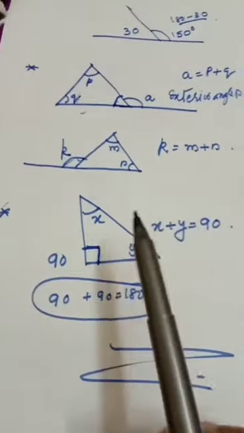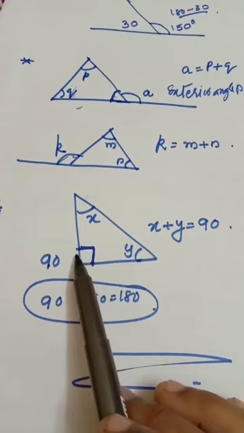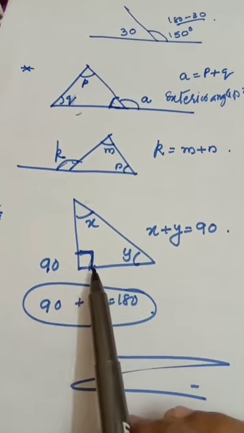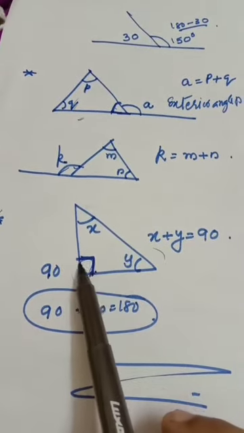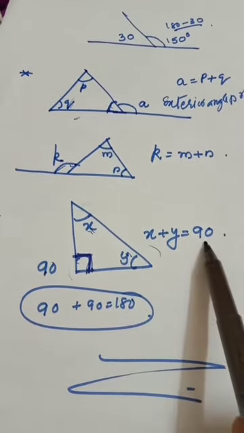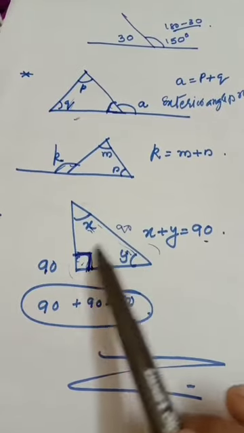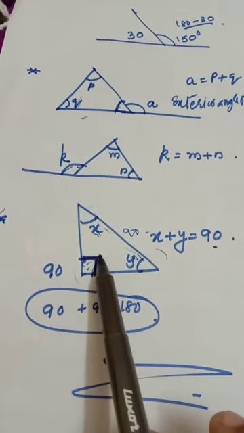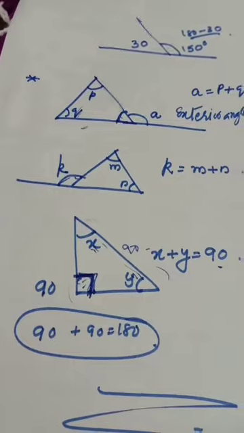Okay. Here, square means 90 degrees. One angle is 90 degrees, children. Then you have to keep it in your brain. In higher classes also you need this concept. In a triangle, if one angle is 90 degrees, then the sum of the other two angles should be 90 degrees. Why? Because this is 90, and 90 plus 90 is 180 degrees. So if one angle is 90, then the sum of the other two in the triangle should be 90.